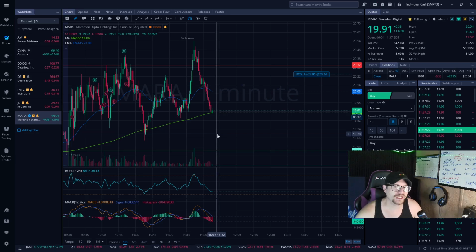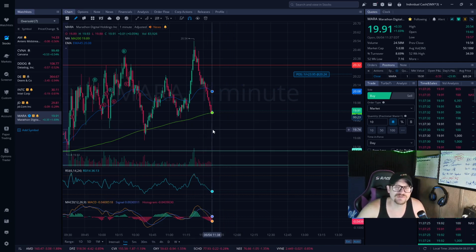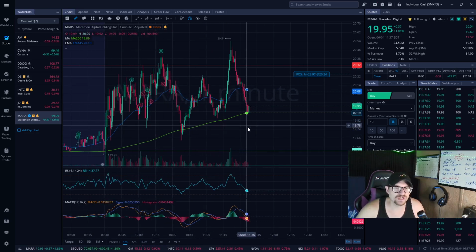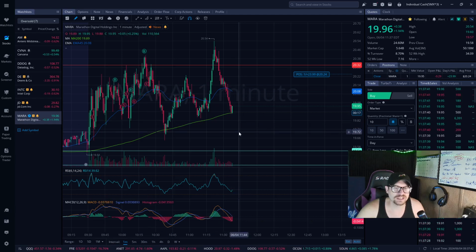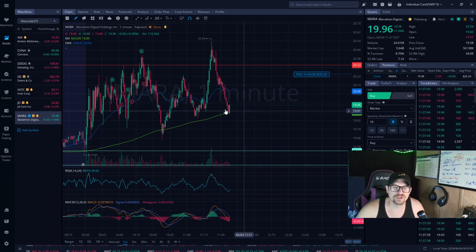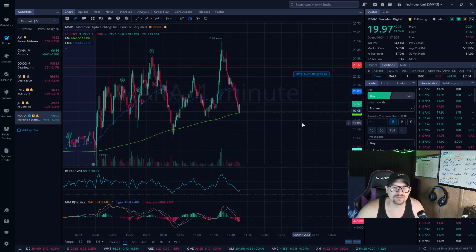If you had a margin account, then you would not be able to do that. You would be restricted to 3-day trades for the whole week. And I did 1, 2, 3. I had 3 trades in a single day, so that would not allow me to trade anymore. But with the margin account, all my money that I used today will settle by tomorrow, and then I could